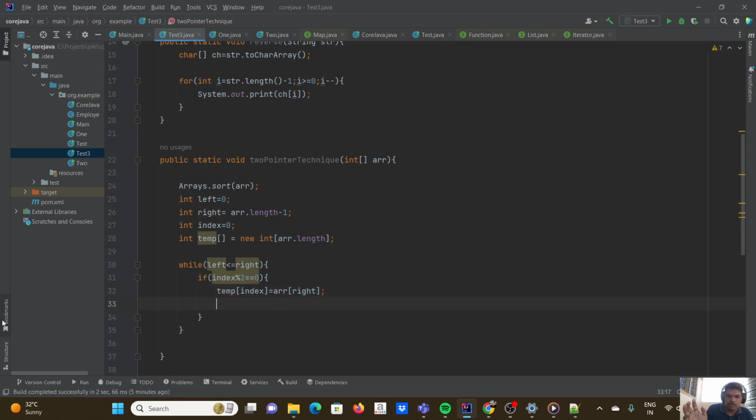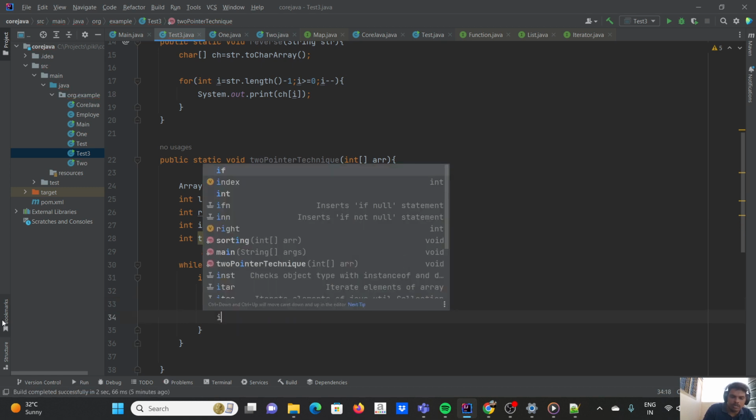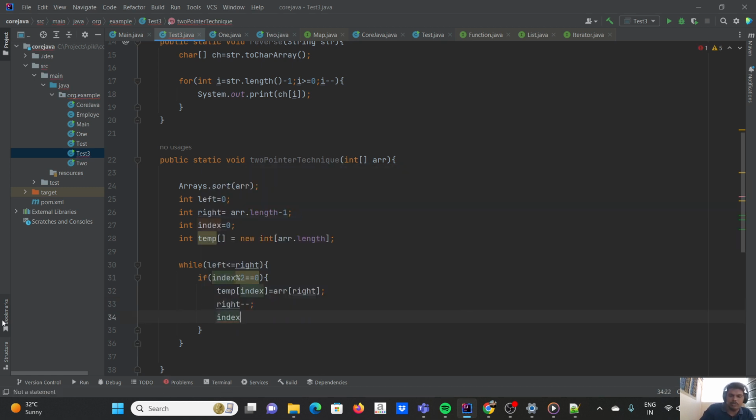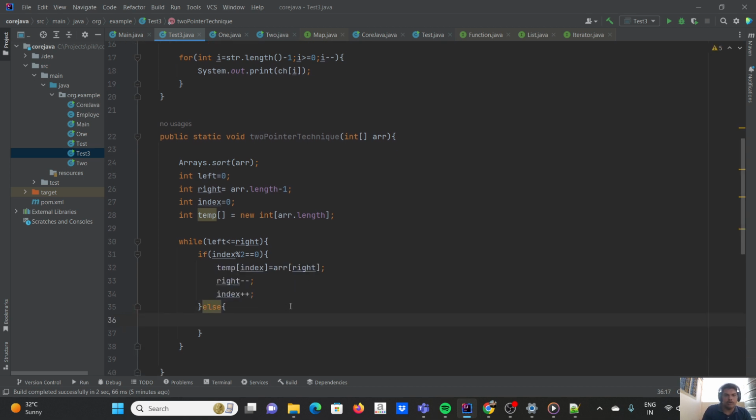After moving right side, we have to reduce the left side, like minus minus. After that we have to increase the index position value. Next index only it will have to store, right? That's why whenever it is not, we will use else if block. Similarly, the opposite to that one,